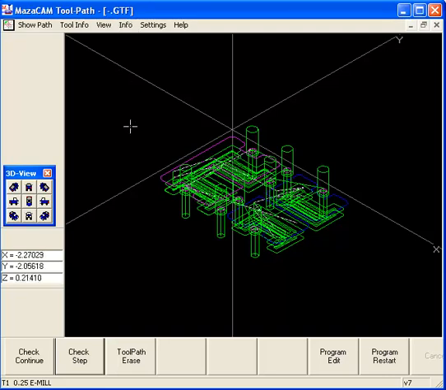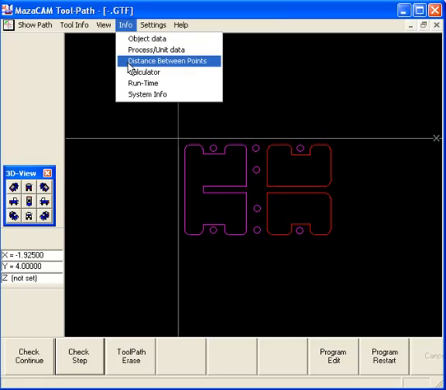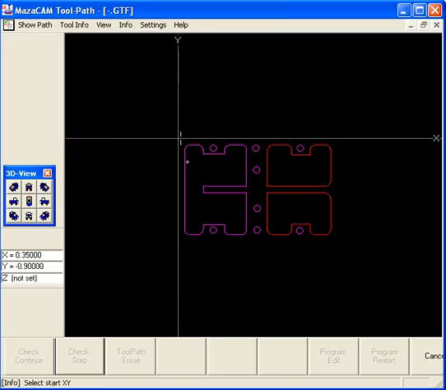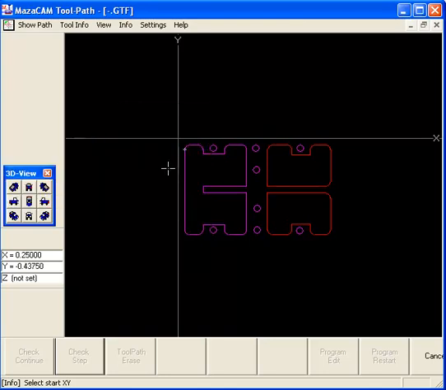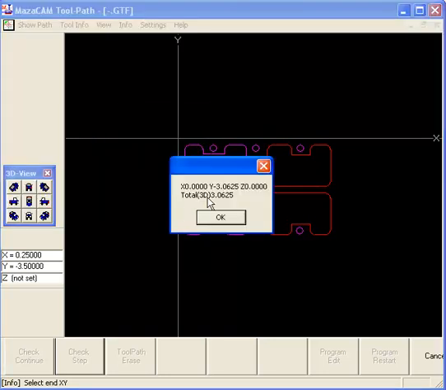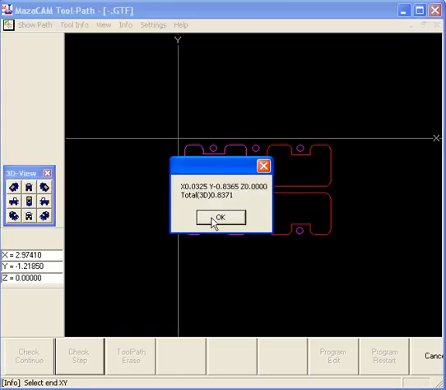Another thing that we do in this module is that we have the ability to measure, and these are various features that are not available in the Mazak, but they're handy things to be able to take a look at information. Let's say we want to know the distance from, let's see, snap from that point down to that point, and it tells us the distance, X is 0, Y is minus 3.065, etc. You want to know the distance between those two holes? There you go.